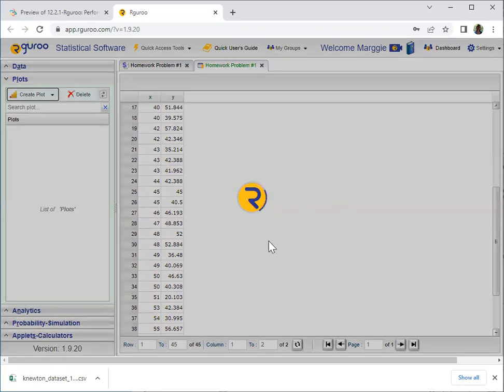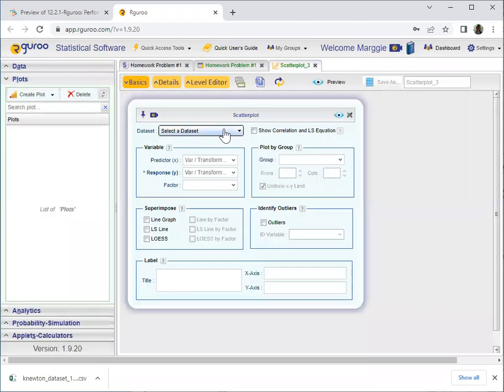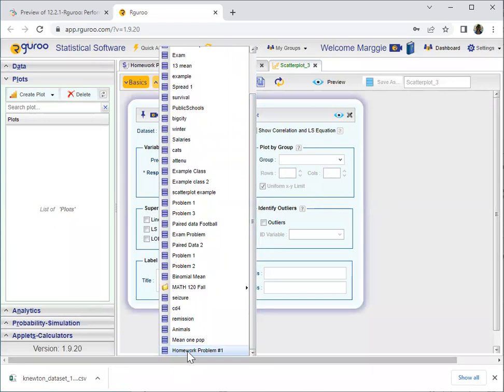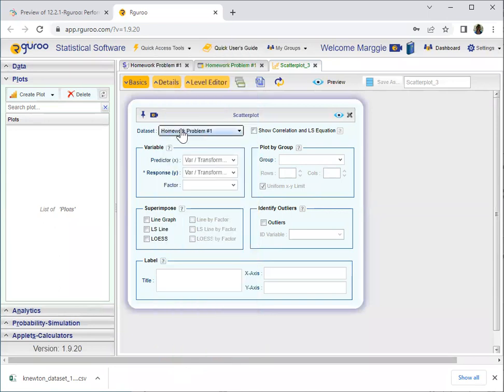and when our window opens, we need to select our data set. So again, remember that's going to be at the very bottom. So homework problem 1. Your predictor is the X, your response is the Y. We don't have a factor. We want Rguroo to draw the least square line. So we have to click on the second option in here,